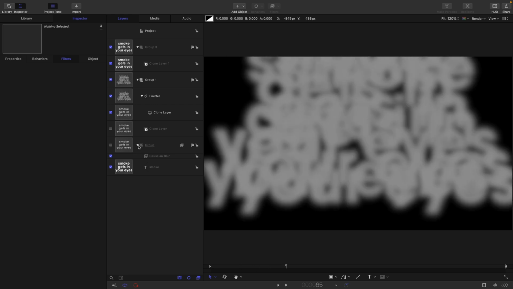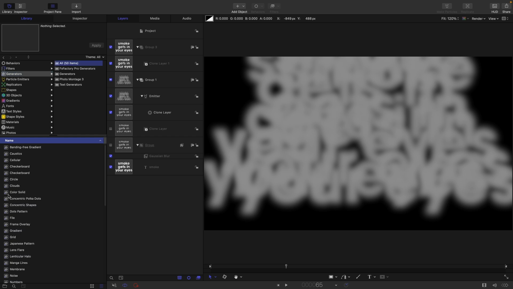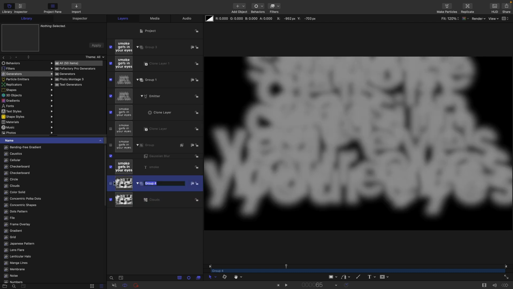Now, it's still not looking remotely like smoke. I'm going to come over to the library. I'm going to come to generators. I'm going to grab clouds. I'm going to drag it in like this into the background there, and I'm going to turn off this group. And let's carefully label this as displace